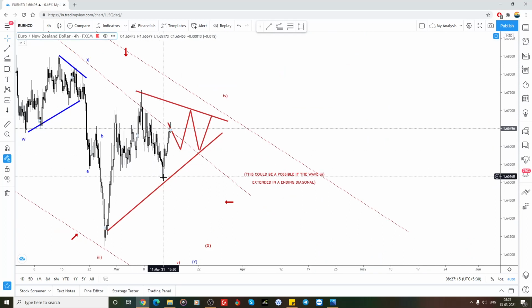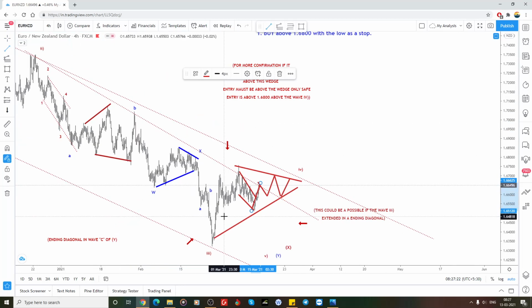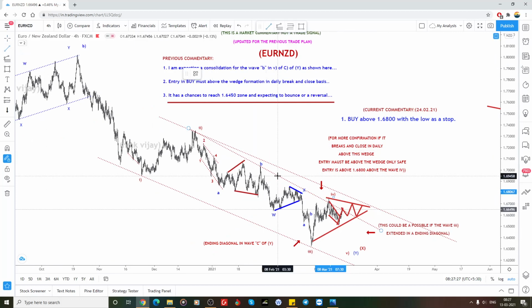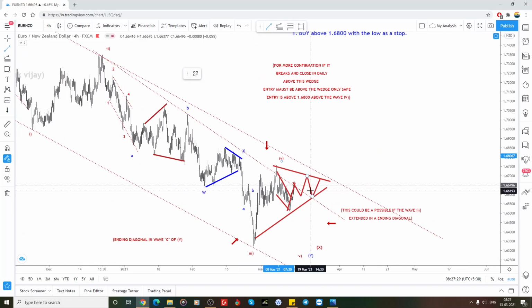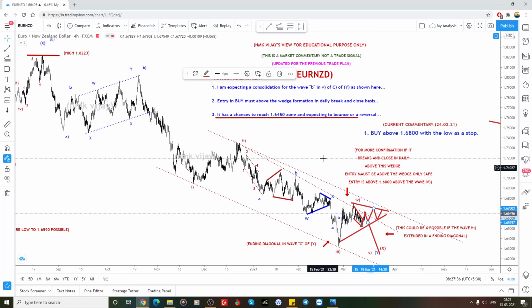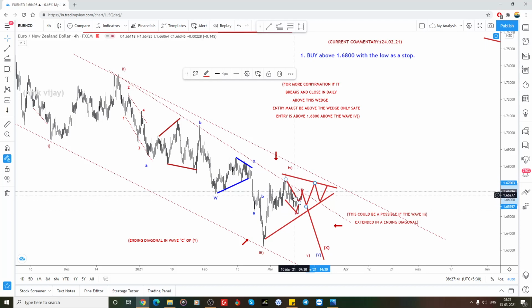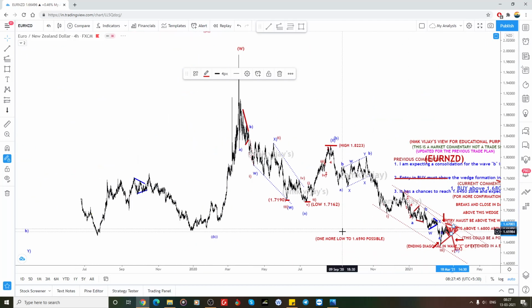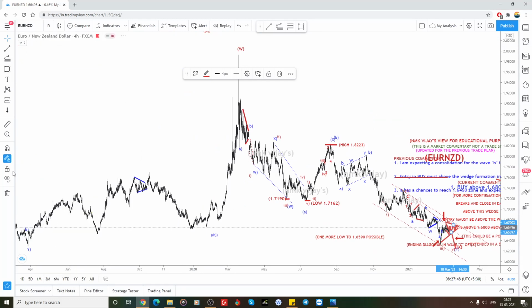So there is a chance for this as a leading diagonal of wave 1 and 2, so if this is the end of this fourth wave here, it means it may break this low again without making a triangle also. So another A, B and C. So in that case it could reach the next zone,